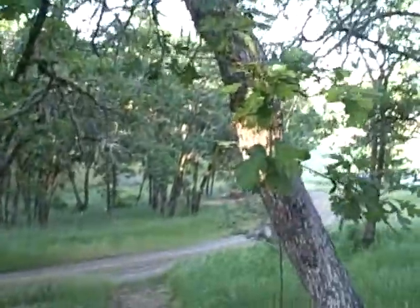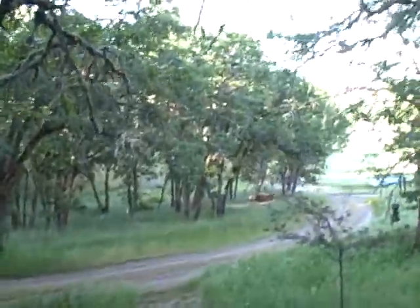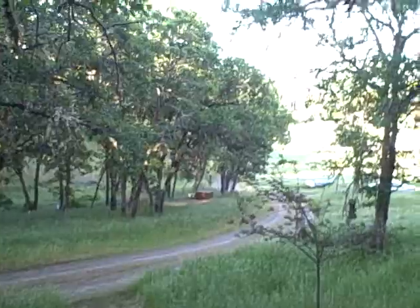This is the land that I'm now staying on in southern Oregon. Central Point, Oregon. Really beautiful out here. So a couple days of observation have shown me that...